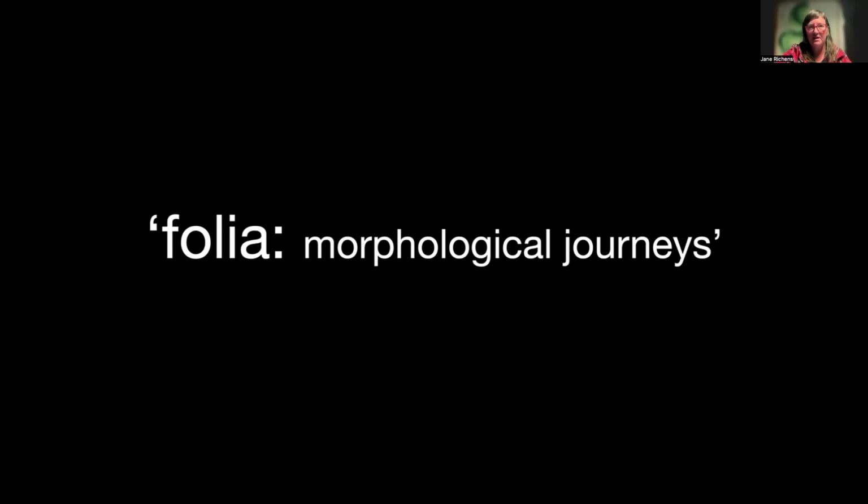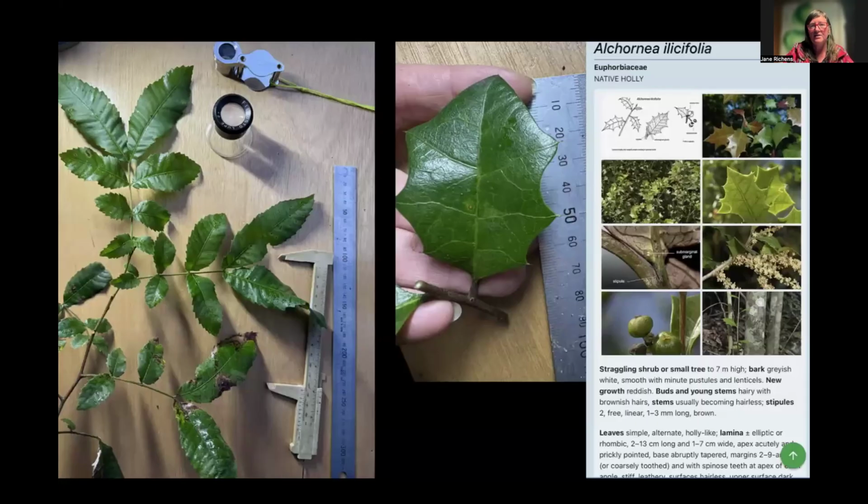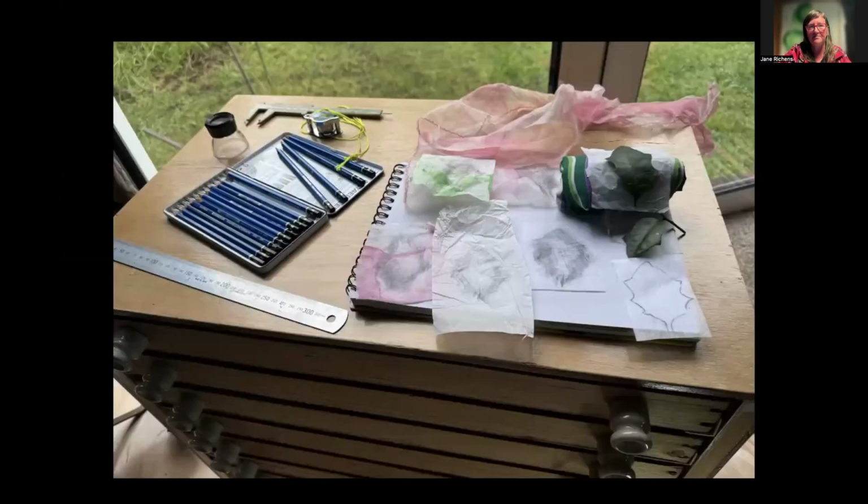So this first one is Folia Morphological Journeys, and I'm working with Bulwarra Landcare. They've come to our remnant rainforest to see what it's like when they do revegetation. So here's just a tiny sample of the different types of leaves, and they're learning about what the trees look like in a mature phase. So I'm starting a bit of a sculptural project where I'm looking at the leaves and blowing them up so that they can learn to identify different species.